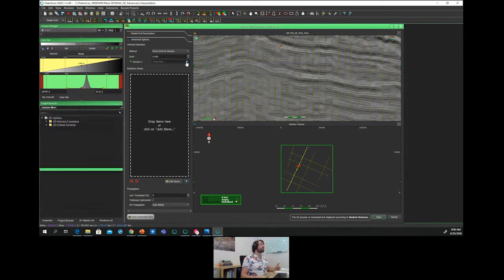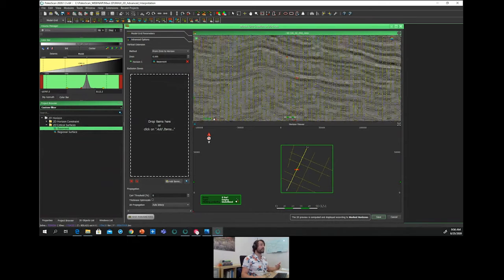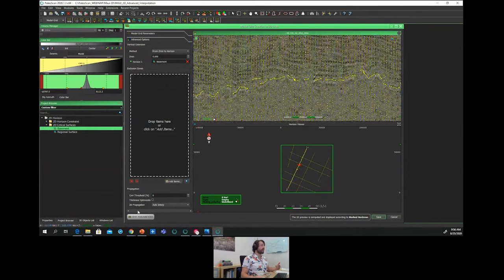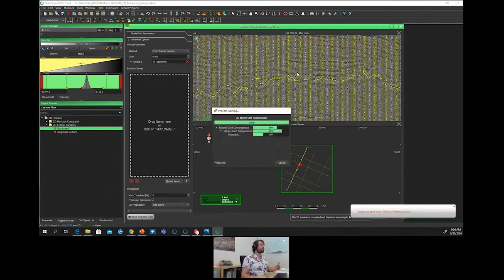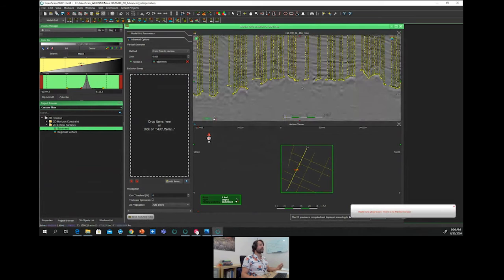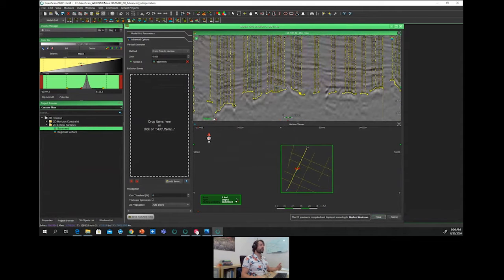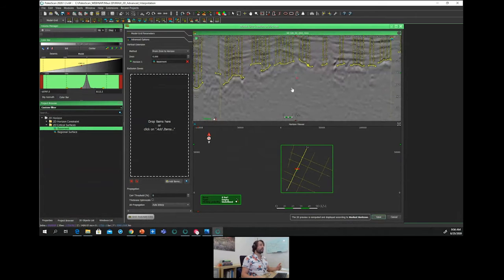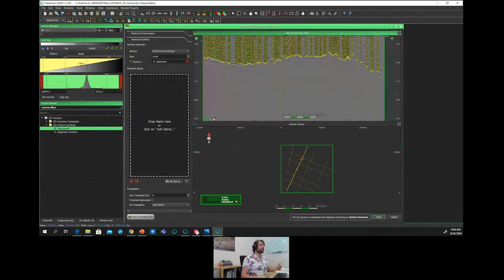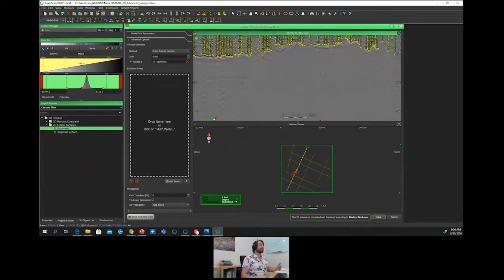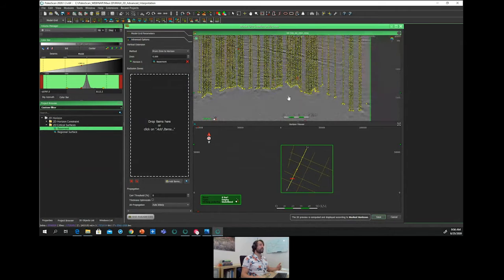So for instance, if we already have in the database any horizon of interest, for instance, the top basement in my case, I just have to ask for a new preview, and PaloScan will directly constrain the creation of the nodes in order to not create any geotime information within the basement.